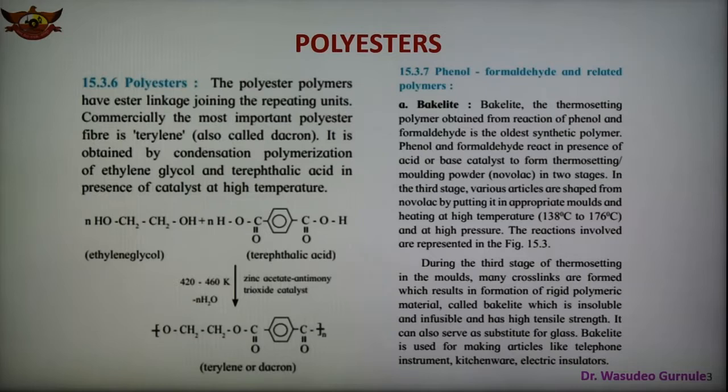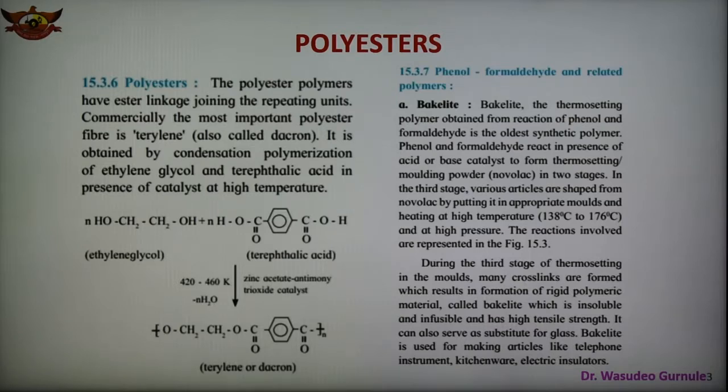The compound formed is known as terrycot, or sometimes terry wool. So it is blended with cotton and wool in clothing, and it is also used in seat belts. The polymer is also used as Mylar in the preparation of film, magnetic recording tape, and for packing frozen food. Dacron tubes are good substitutes for human blood vessels in heart bypass operations. So this is a very important polymer, terylene, and it has a number of applications in our medical field and also in our daily life.